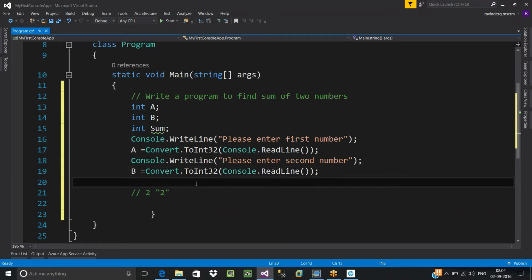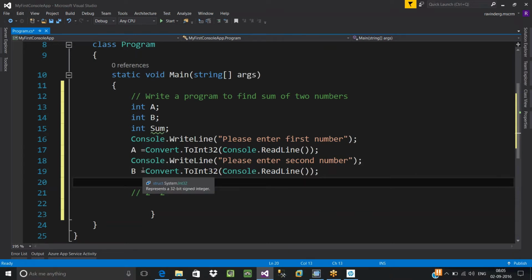Okay. Now we have everything we need to proceed with the operation, right? The user has entered A and has also provided the B value. Yes, all inputs are available. Next, what is to be done? Now you need to start your operation. What is our operation? You need to find the sum of these two numbers.